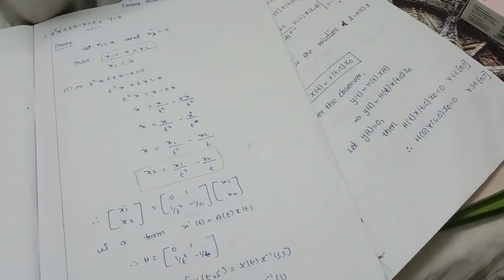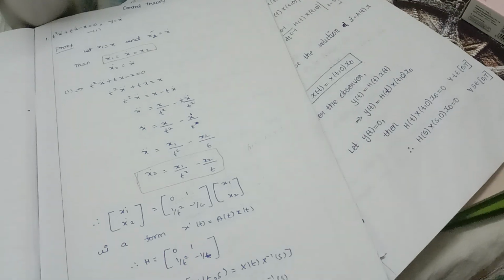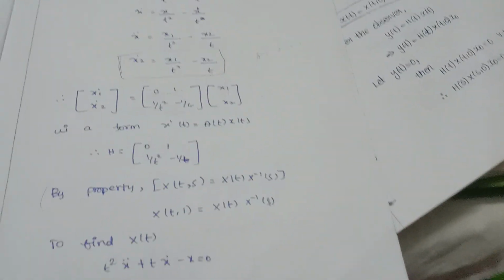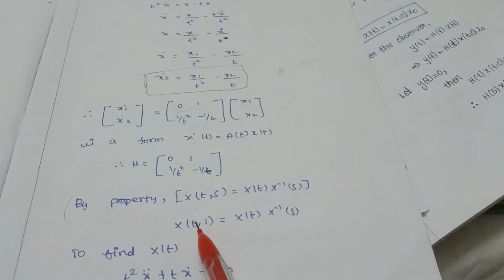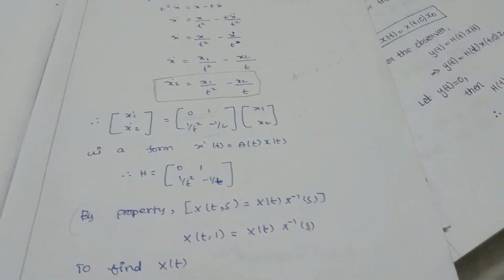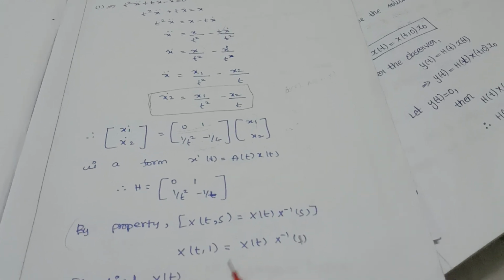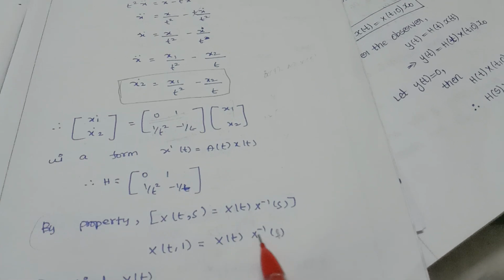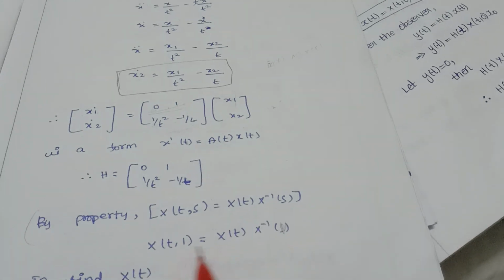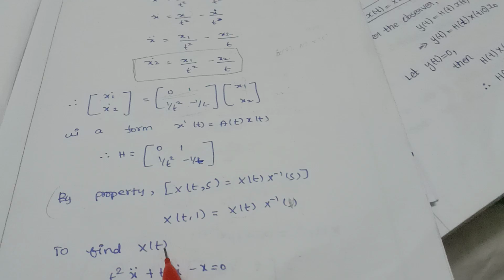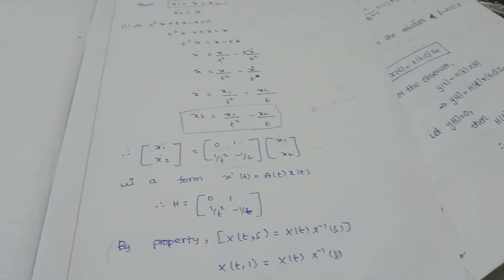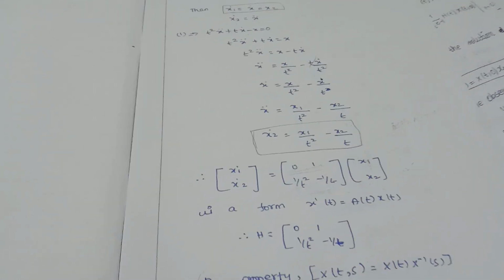By the property we know that the state transition matrix phi of t comma s is nothing but X of t into X inverse of s. So for that we take phi of t comma 1, that is X of t into X inverse of 1. We have to find X of t and then X inverse of 1. So to find X of t, first we take t square x double dot plus t x dot minus x equal to 0,